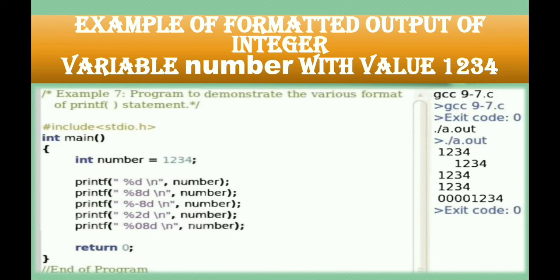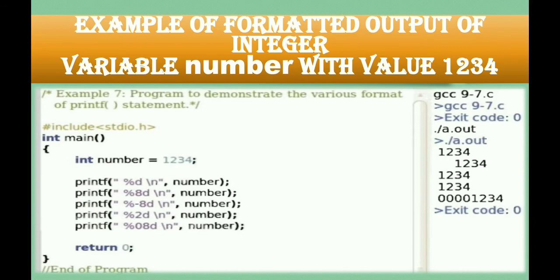When you write the first printf statement, it will display the output by default with left alignment, and whatever number is stored will be visible with left alignment only. There is no width specification, just the specifier %d. Now observe the second printf.